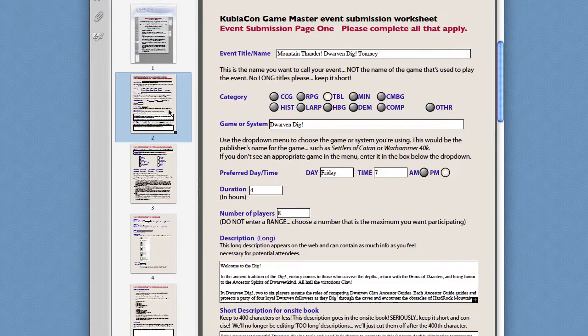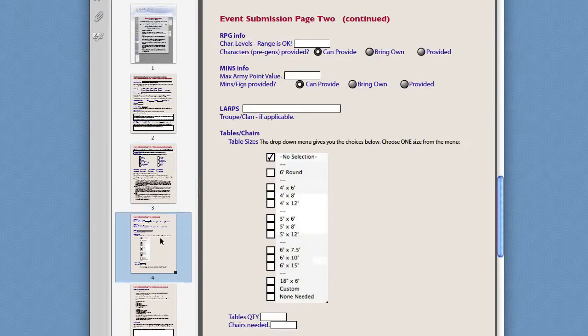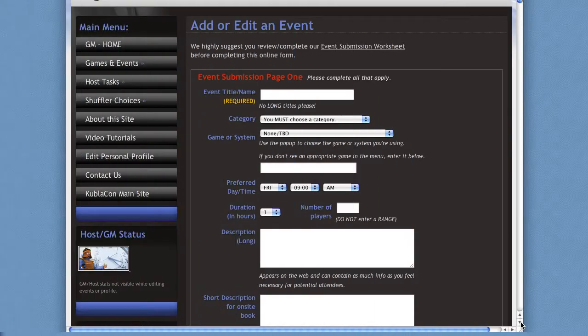The worksheet is a PDF form that allows you to fill out all the information that will be required of you when completing the online submission form. The PDF also explains a lot of our terminology that I'll only touch on in this video. So please note that the form is not a substitute for completing the online submission form. Once you've had a chance to review the worksheet and possibly complete it, let's return to the online event submission